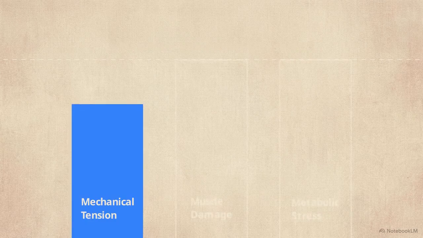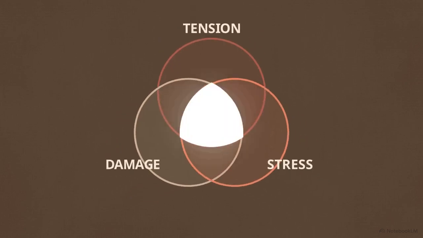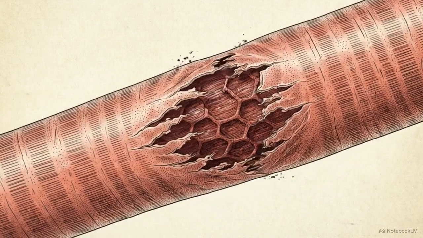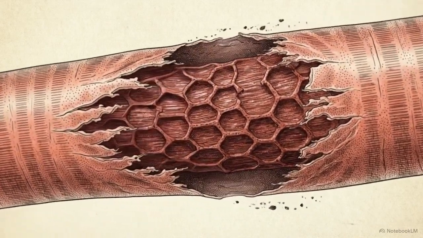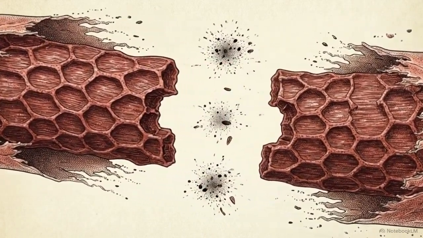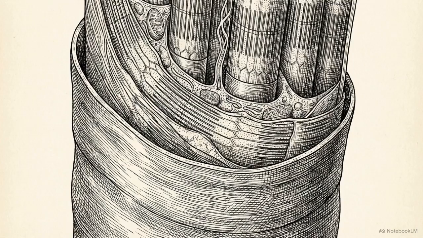Skeletal muscle growth is a multi-pathway response. It requires a triad of overlapping biological stressors to reach its maximum physical potential. That triad consists of mechanical tension, muscle damage, and metabolic stress. The standard gym protocol functions as a balanced biological algorithm designed specifically to trigger this exact triad. This algorithm exists to bypass a specific biological constraint.